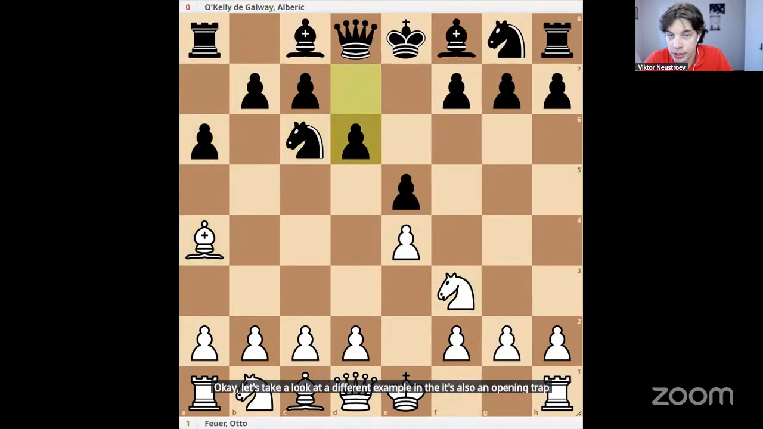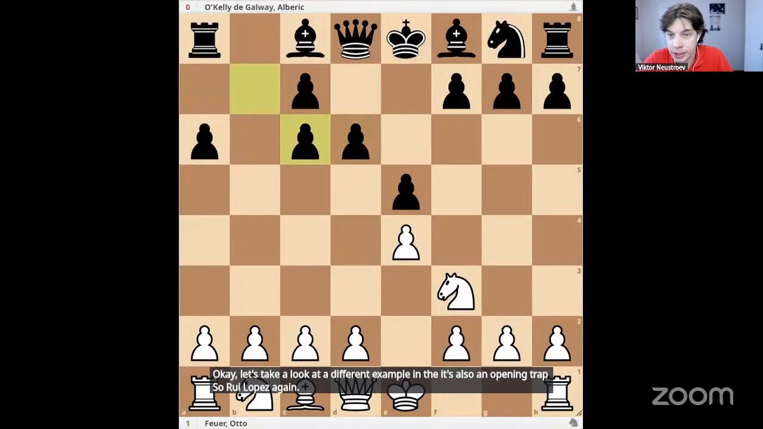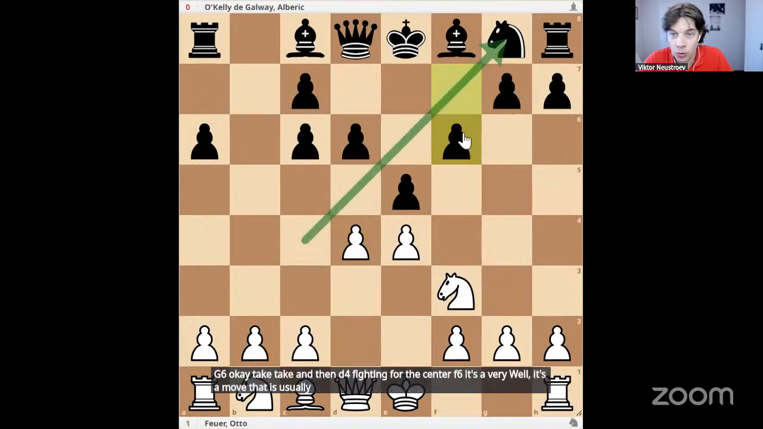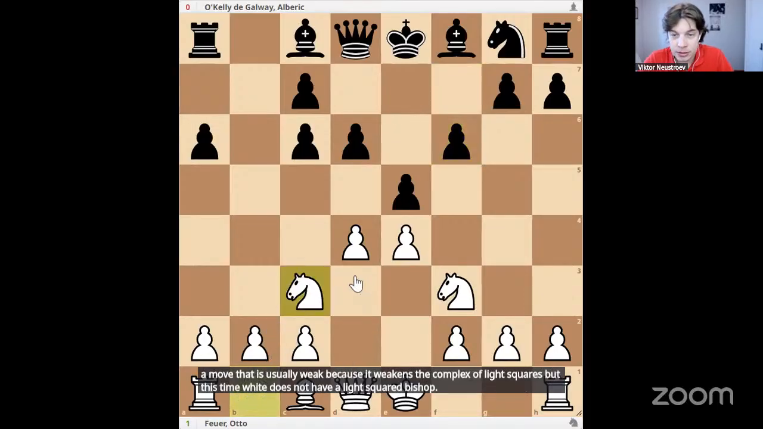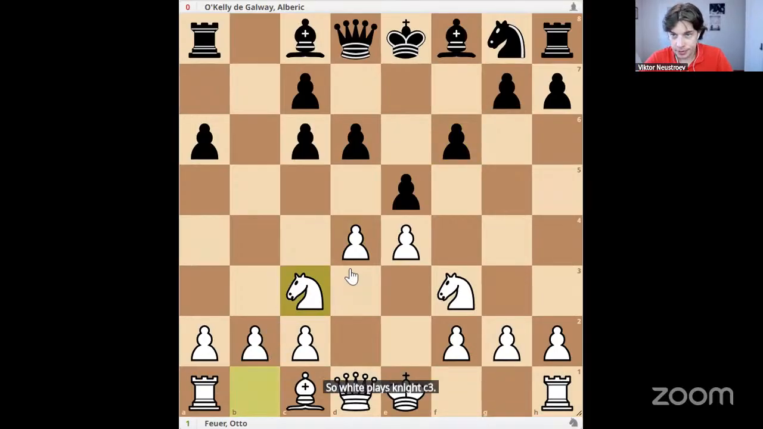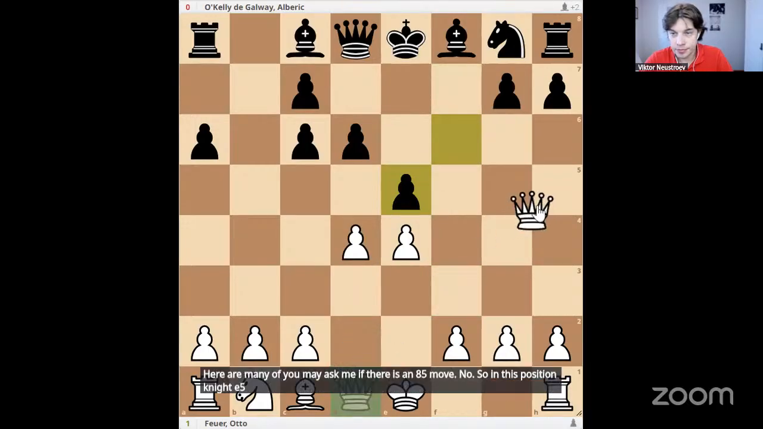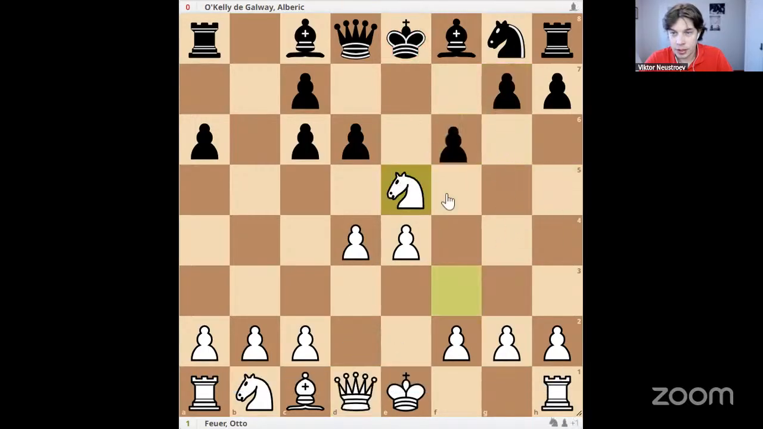So Ruy Lopez again, d6, okay, take, and then d4, fighting for the center, f6. Well, it's a move that is usually weak because it weakens the complex of light squares, but this time white doesn't have a light squared bishop. So white plays knight c3. Here, many of you may ask me if there is knight e5 move. No. So in this position, knight e5 doesn't work. There is g6. In this position, it's too late to play knight e5 because the queens are exchanged first